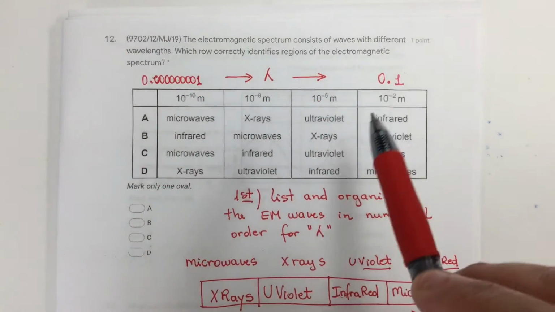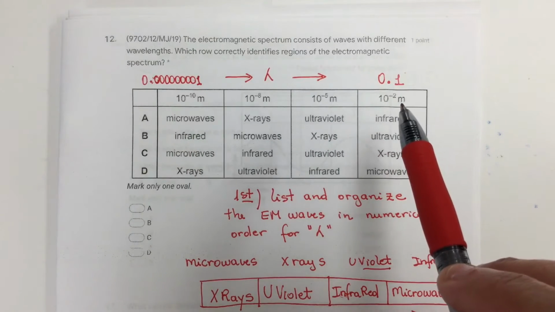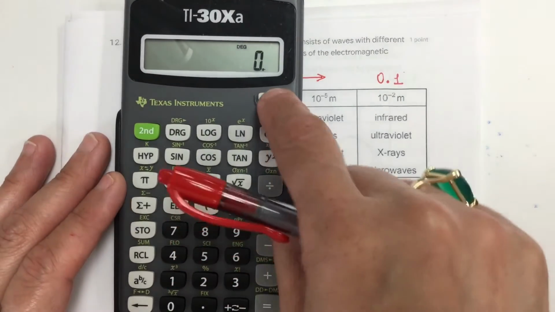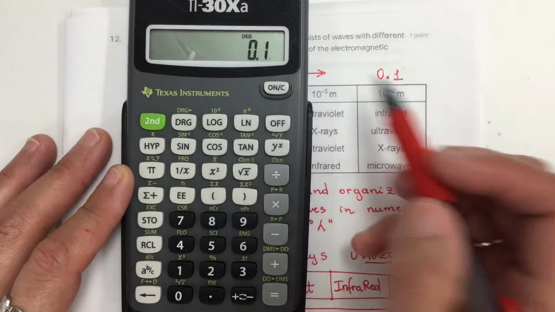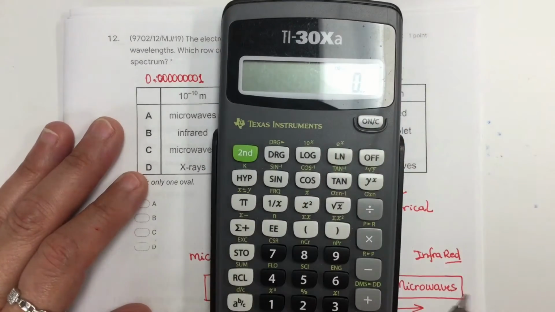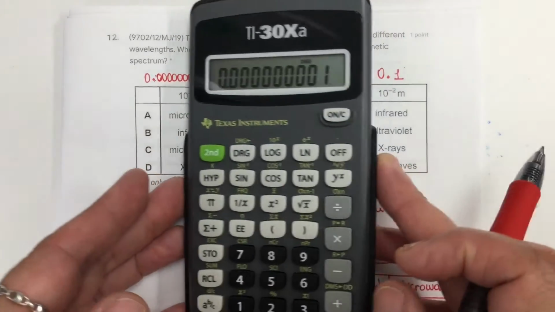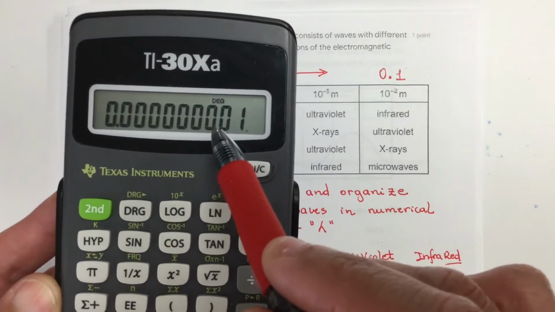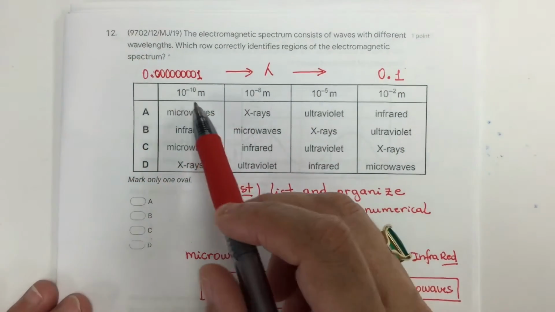Now this table here is organized from 10 to the negative 10 to 10 to the negative 2. So if you have your calculator, 10 to the negative 2 is 0.1, and 10 to the negative 10 is this number: 1, 2, 3, 4, 5, 6, 7, 8, 9. I expand the 10 to the power